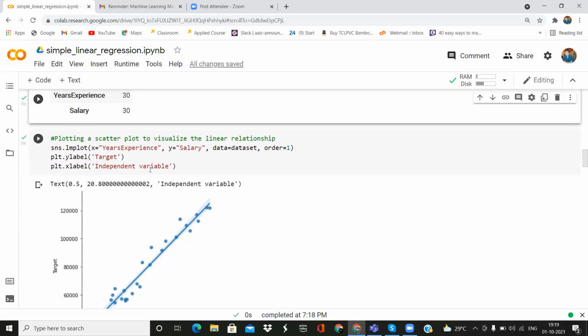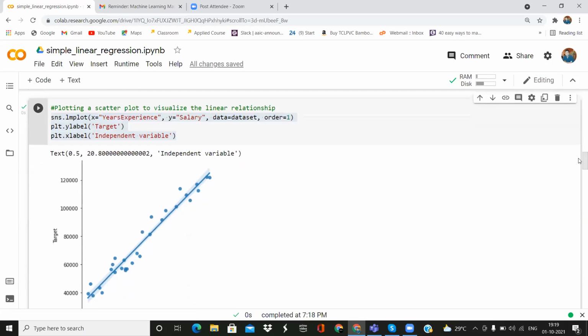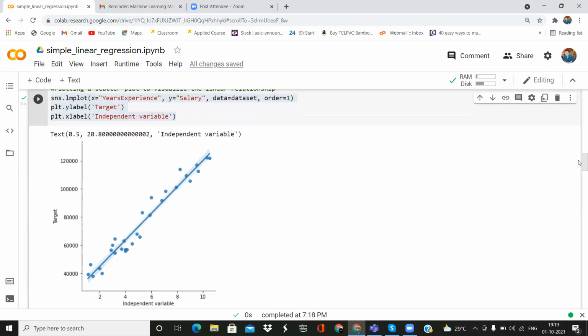How you can do that is by using Seaborn. Seaborn.lmplot would give us the linearity. This is the command to check the linearity of our data, meaning the independent and dependent variable.